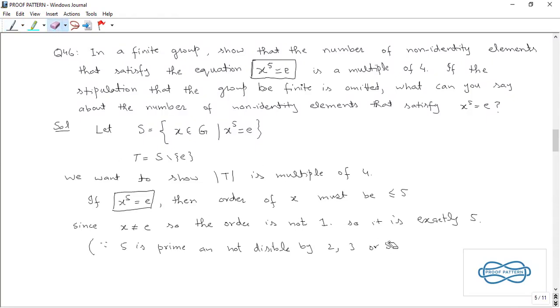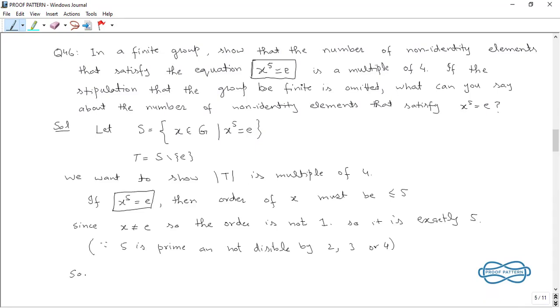We know that whenever an element gives identity on taking any integral power, that integer will be a multiple of its order. Because 5 is not a multiple of 2, 3 or 4, and the order cannot be 1, and x to the power 5 is identity, the order of x is exactly 5. Okay,